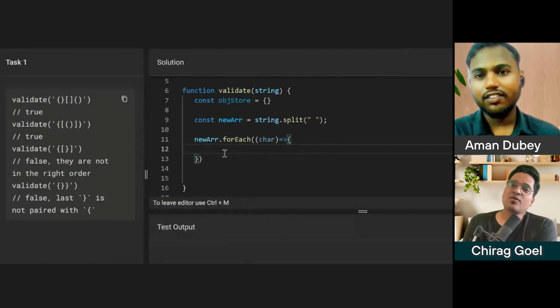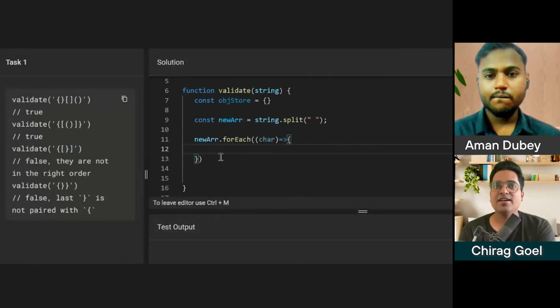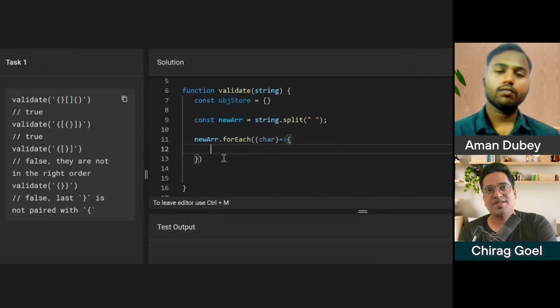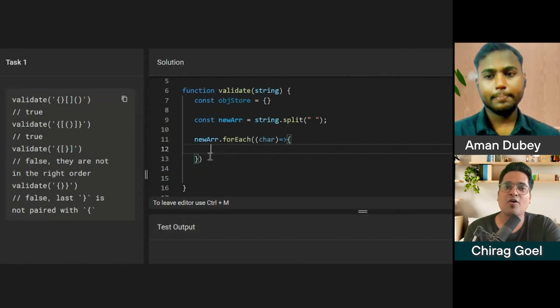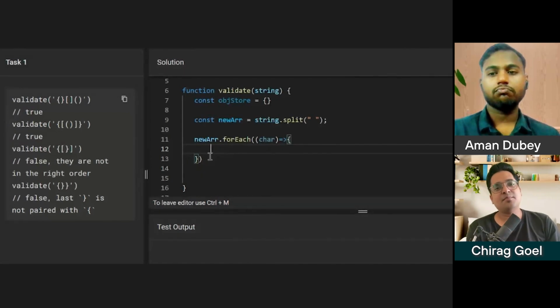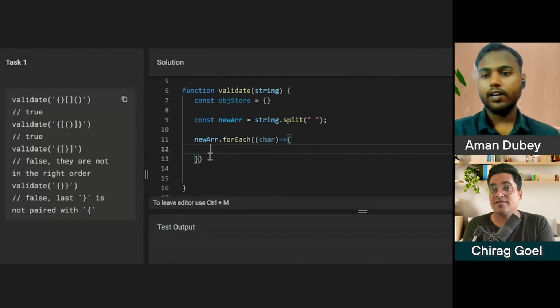Definitely. Over here, we have to always think about what is the right thing to choose where we can store the data. Like you said, object. One thing you can do with an object is maintain the count of each bracket: how many curly braces there are, how many square brackets, how many of the reverse side brackets. Based on that, you can take a call on whether there are an equal number of opening and closing brackets. That is feasible.